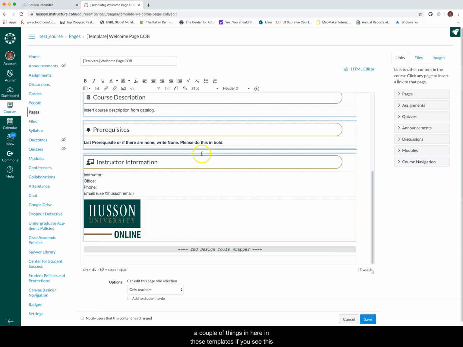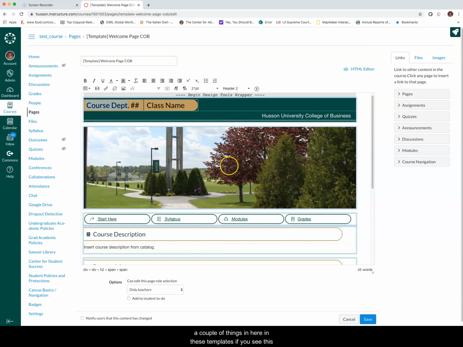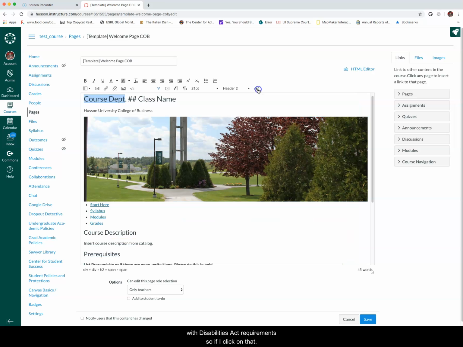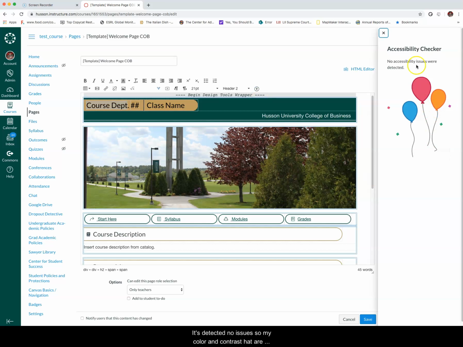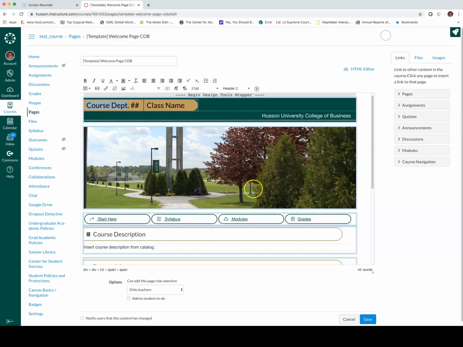Now, a couple of things in here. In these templates, you'll see this tool that says Check Accessibility. This is Canvas's native accessibility checker to check to see if your page complies with the Americans with Disabilities Act requirements. If I click on that, it's going to say it's detected no issues. So my color and contrast are okay, my text is readable, my links are readable, and this picture,